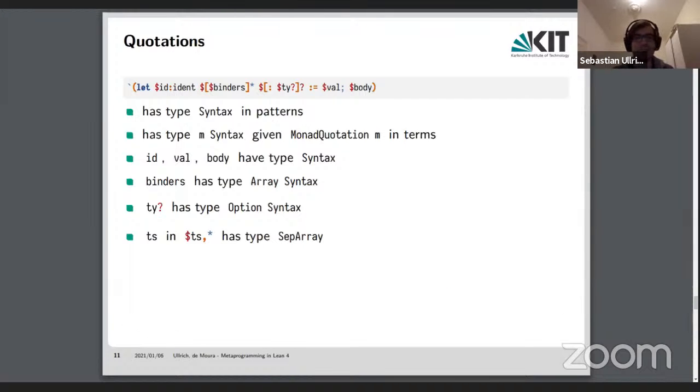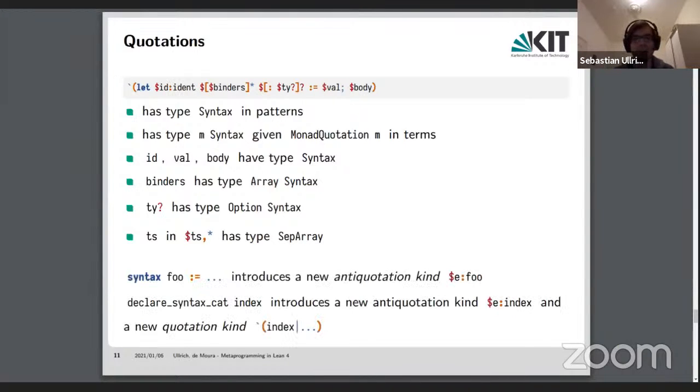Okay, and finally, I should mention what this colon ident here means after it. That's not clear yet. This simply means parse, only match the output of the ident parser at this point. So you can use that when anti-quotations overlap. And so where do they come from? Whenever you use a syntax abbreviation, like syntax foo : equals, that introduces a new anti-quotation kind, foo, you can use after an anti-quotation to say I only want to match parts of this syntax. So if you have nested syntax, you can basically specify the level of nesting you want to match here. And if you declare a new syntax, you also get an anti-quotation kind of that name,